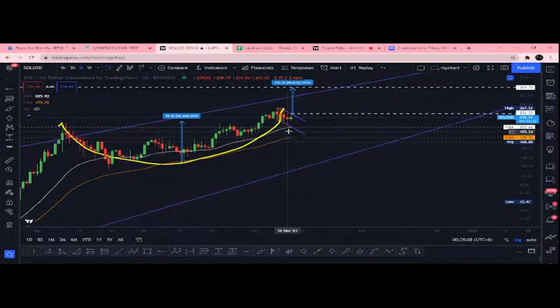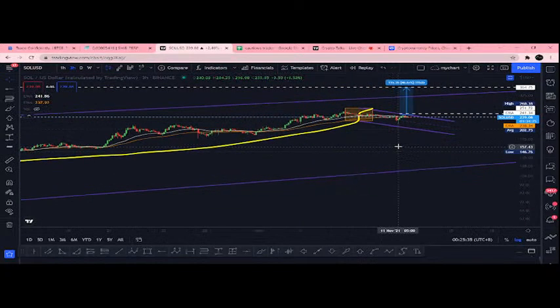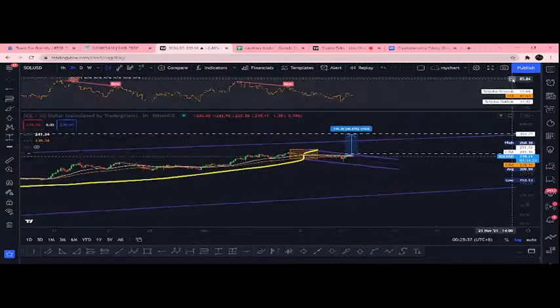Then the support I'm looking at is the EMA 30. If you look at the previous ones here, it actually broke below that, but the EMA 60 held. So it might possibly retest that EMA 208. So let's try to look at the lower time frames. Oh, there is a possible